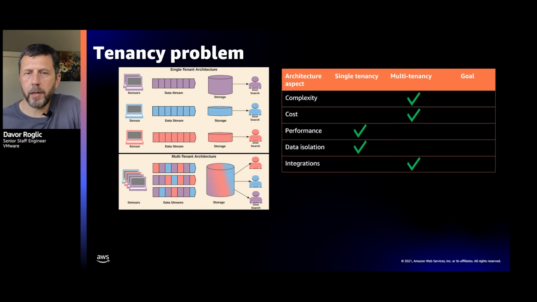There are many downsides, however, right? Your individual tenant performance will be much less predictable. If, for example, a couple of large tenants start sending much more data, they could back up the entire solution for other tenants. Also, if a single tenant starts running a lot more search queries, it could impact search for other customers.